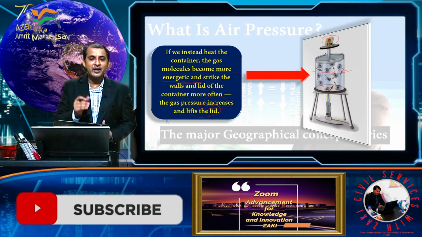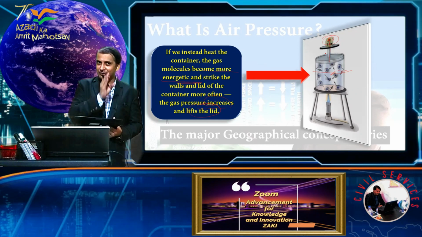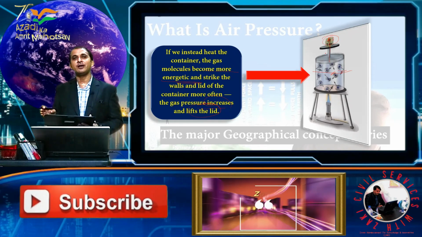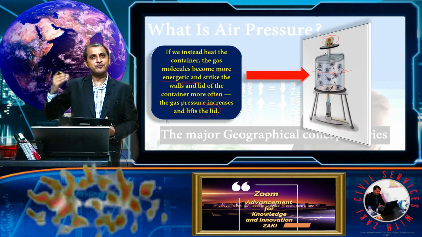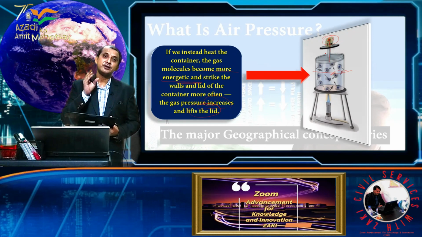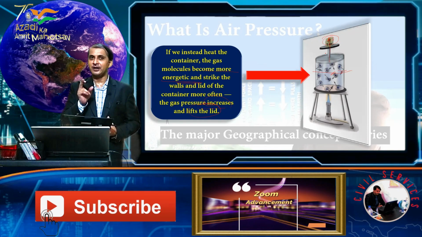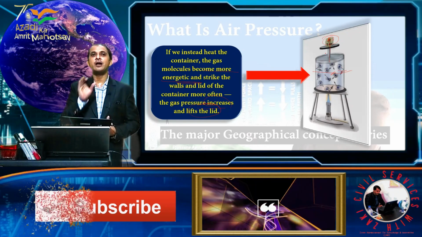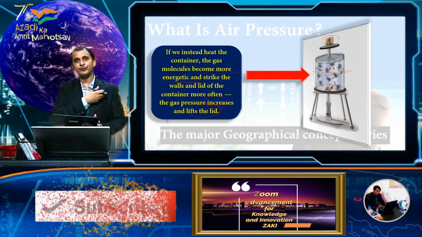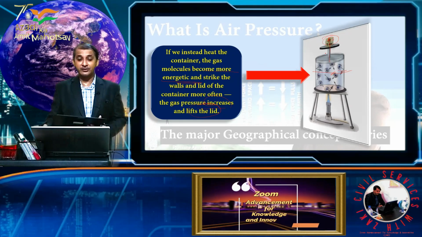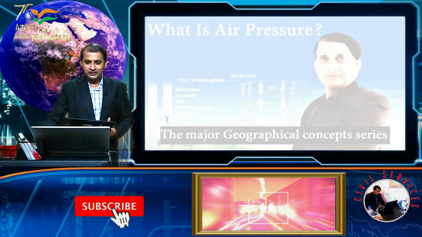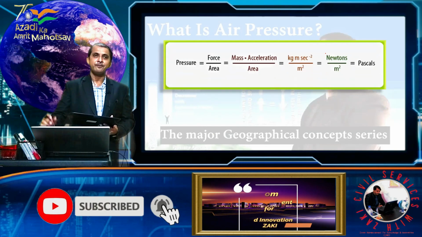This plays a similar role in our atmosphere due to the pressure gradient, due to the thermal differences between the various places of the earth, because all the places of the earth do not receive similar insolation. So what is insolation? As you can see in my previous video, I detailed the insolation. So we move forward and see the pressure.